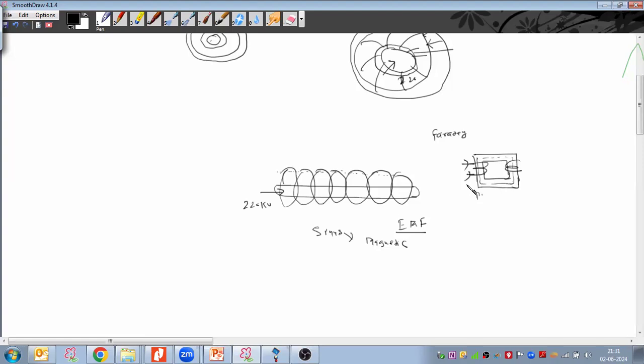The same principle applies in the cable as well. In the metallic sheath, the voltage will be induced. When the voltage is being induced on this metallic sheath, and in case we have done the earthing or grounding of this metallic screen in order to provide a path for the fault current,